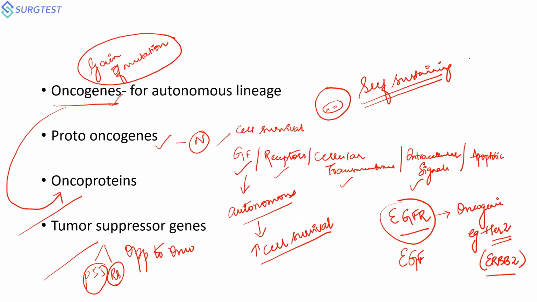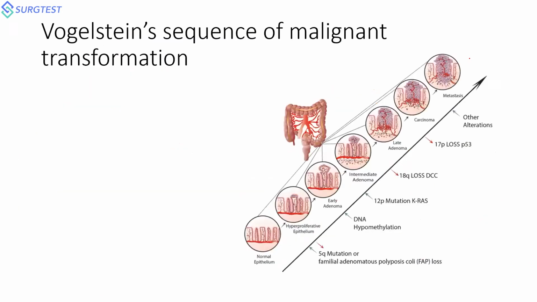This type of question will definitely be in one of your examinations, either in your NBEMS exams or in your NEET SS exams. So be sure about which is an oncogene by understanding the underlying concept. Once you know the concept, it becomes a little easier for you to choose your answer. These are all cakewalk questions. Nobody will make a mistake. So be very sure about choosing the right option, unless you get confused about the types and the basic functioning of each of these tumor suppressor genes and oncogenes.